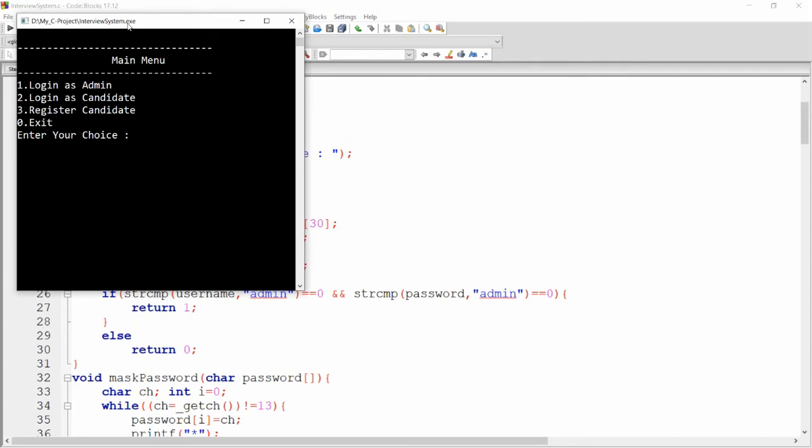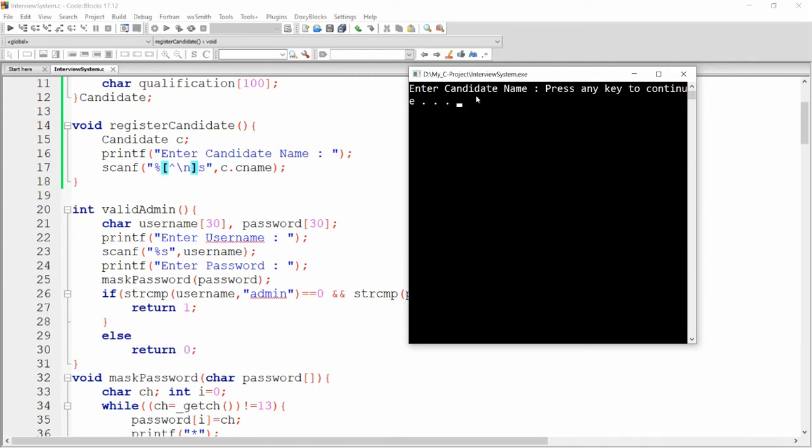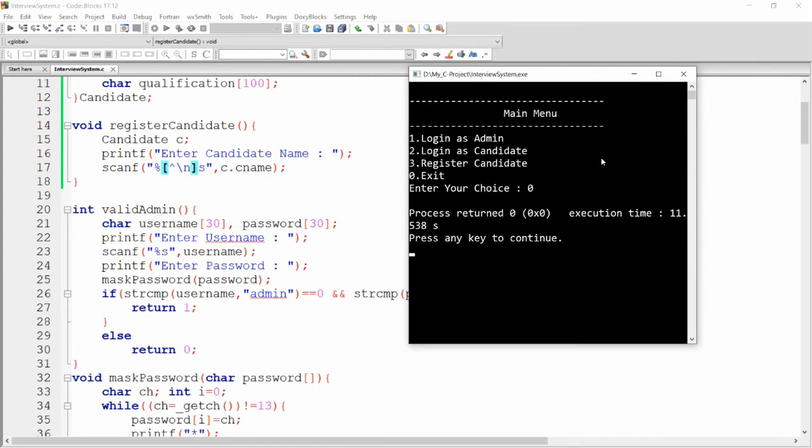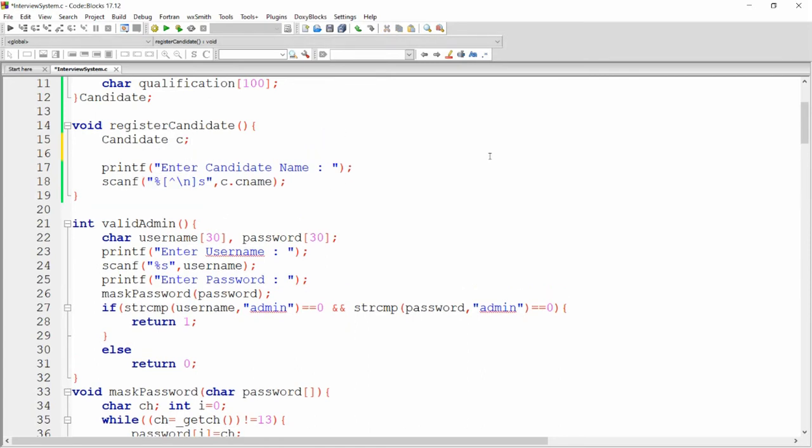Whenever you run this, you will get the idea of what happens. See, whenever you press 3 to register a candidate, it will not ask me to enter the candidate name. Why? Because the earlier backslash n is returned to this scanf, and this scanf is not asking me to enter the name. So what we can do here is flush the standard input. You can write fflush stdin.